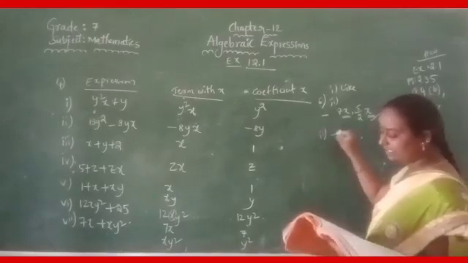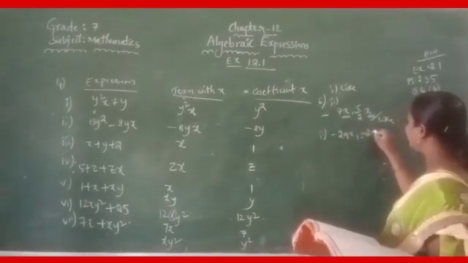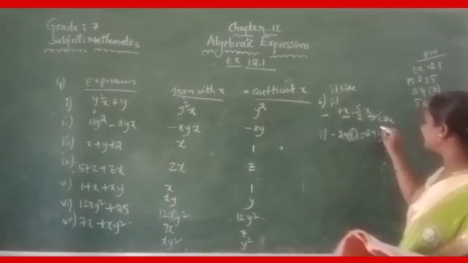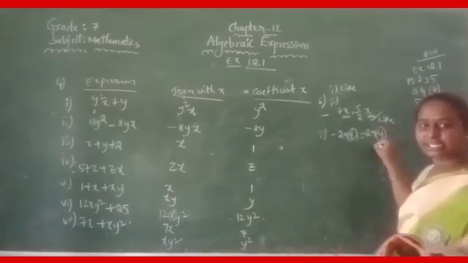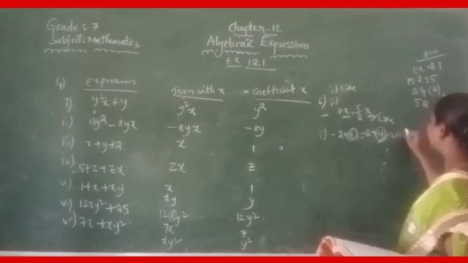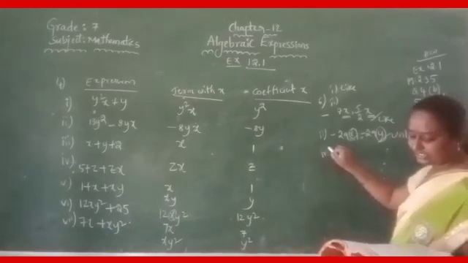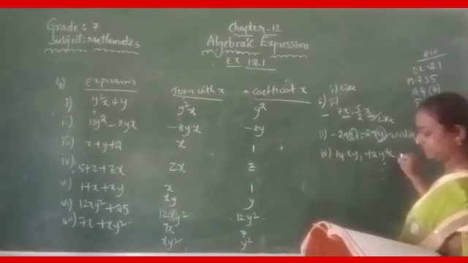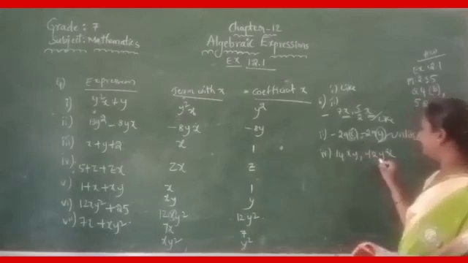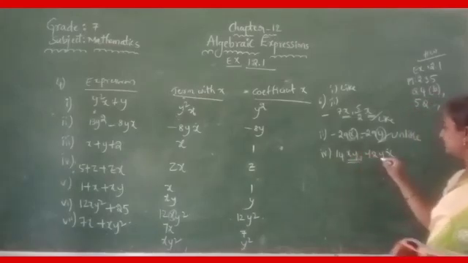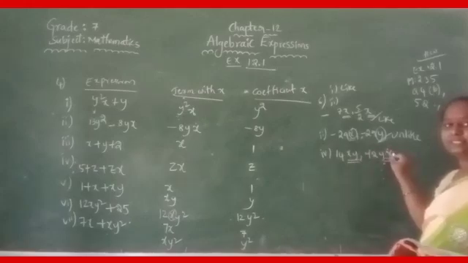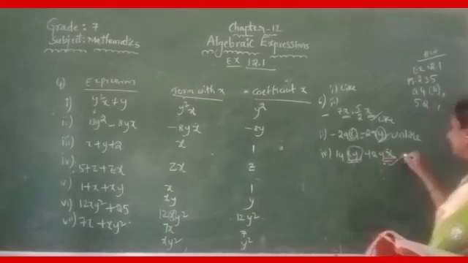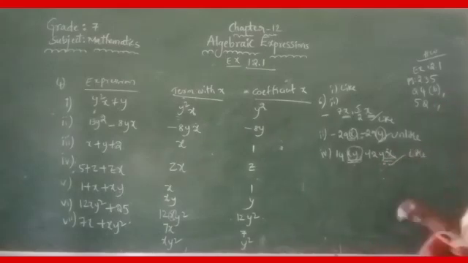And the third one: minus 29x and minus 29y. These two terms have different algebraic factors, x and y. Can we say they are like terms? No. We can say that these are unlike terms. In the fourth one, 14xy and 42yx. Here we have to consider the algebraic factors: xy and yx. If you write it in reverse, both factors are still x and y. Yes. If the algebraic factors are the same, you can say they are like terms.